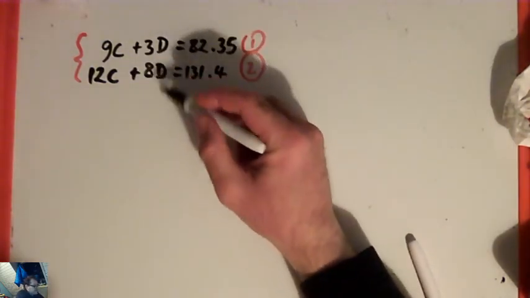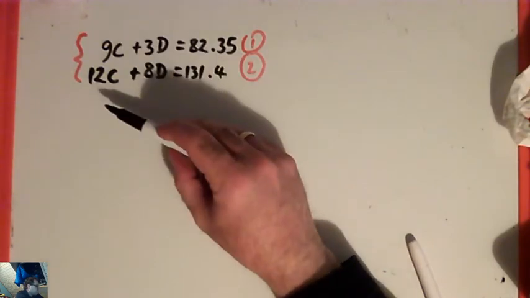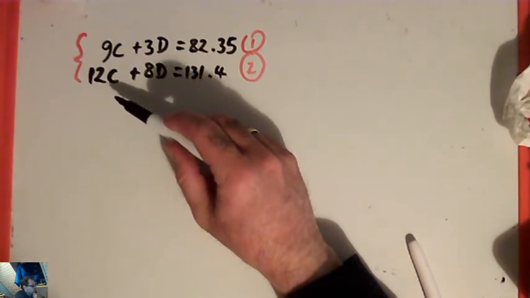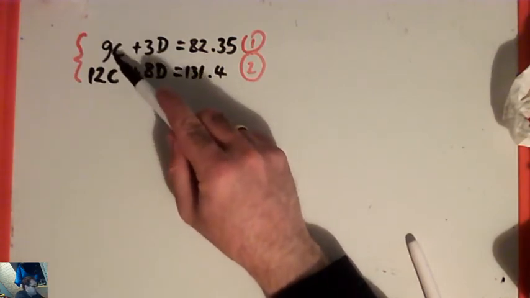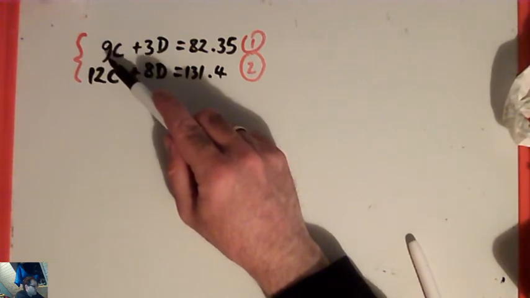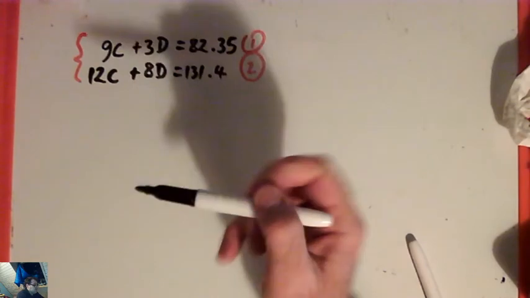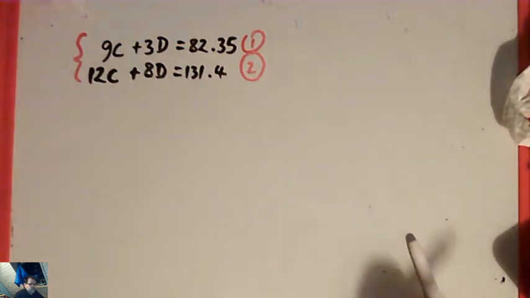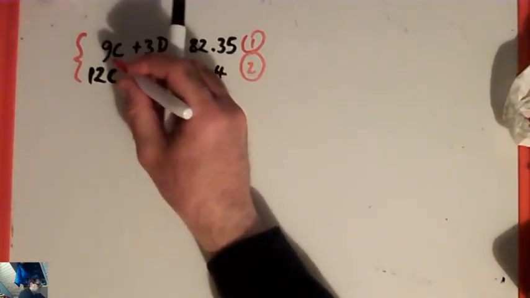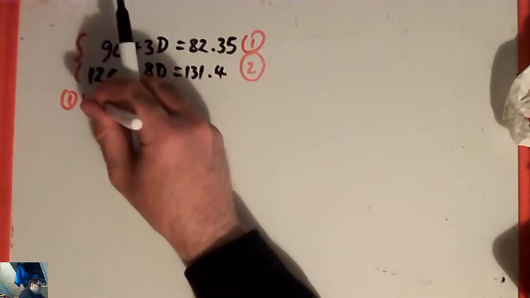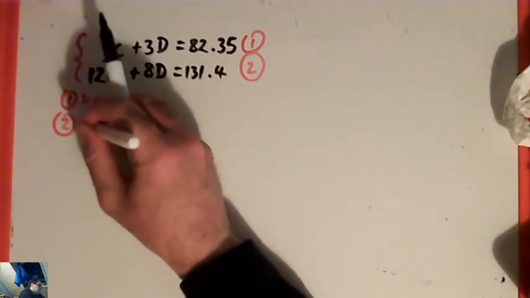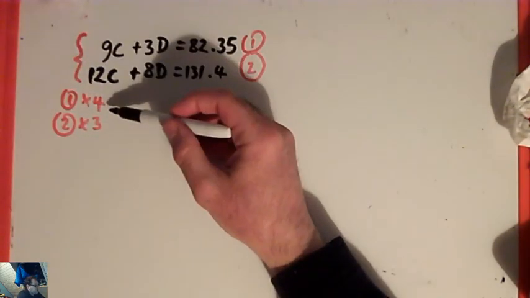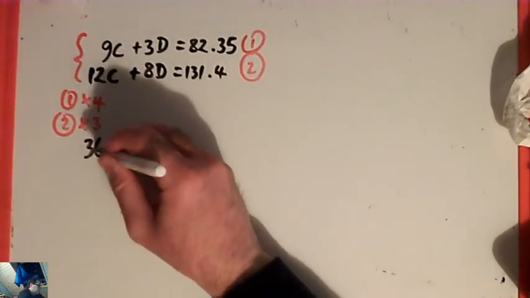Okay, so 3 and 8 both go into 24. 9 and 12 both go into, goodness, what do they both go into? So I'm just counting up my 9s. 9, 18, 27, 36. 9 and 12 both go into 36. So I'm going to try and multiply these equations up so that I get a 36c in both. So that's going to be equation 1 multiplied by 4 and equation 2 multiplied by 3. So everything in equation 1 multiplied by 4 gives me 36c